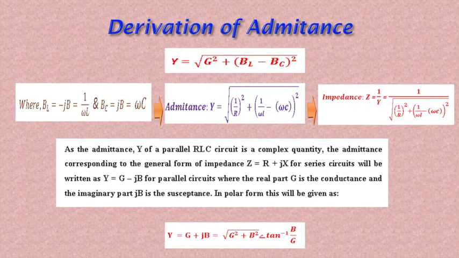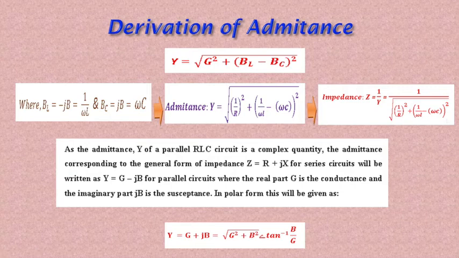So this and this are similar: this is impedance, this is admittance, this is resistance, and this is conductance. Now that we have an admittance triangle, we can use the Pythagoras formula to calculate the magnitude of all three sides as well as the phase angle as shown. So admittance equals root over G square plus (BL minus BC) whole square, where BL is 1 by omega L and BC is omega C. So write down this value, then we get impedance. So impedance equals 1 by admittance. So this is the value of impedance.